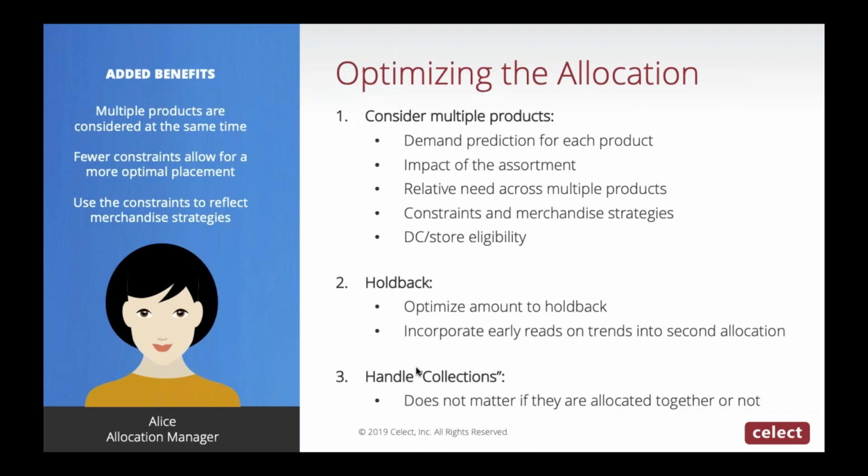So we're taking that demand prediction that we talked about before, we're taking this underlying platform, and this is the process that the optimization part of the exercise goes through. When we talk about optimization, it's really moving things around, right? Pulling the switches and levers and moving product, considering how products would do in one store versus another to maximize the given objective: sell through, margin, revenue. So we're considering all the factors that you see here. We're looking at that holdback percentage, we're handling collections, and then the output